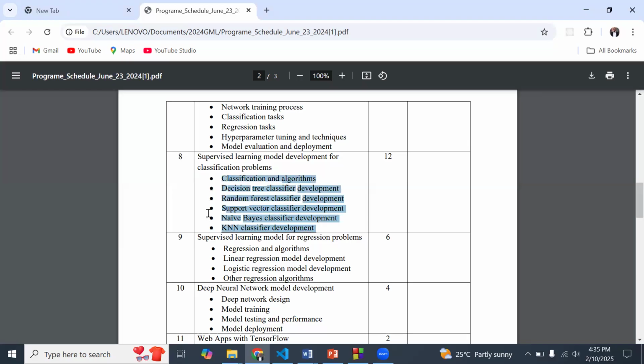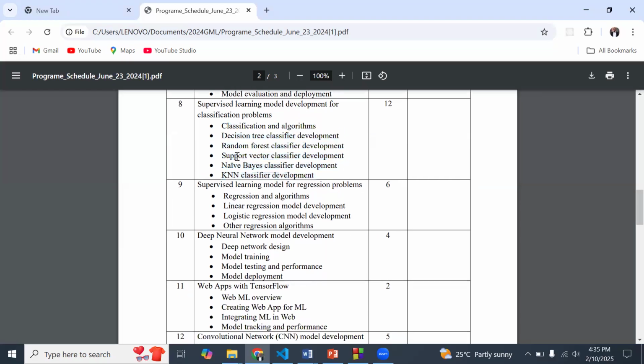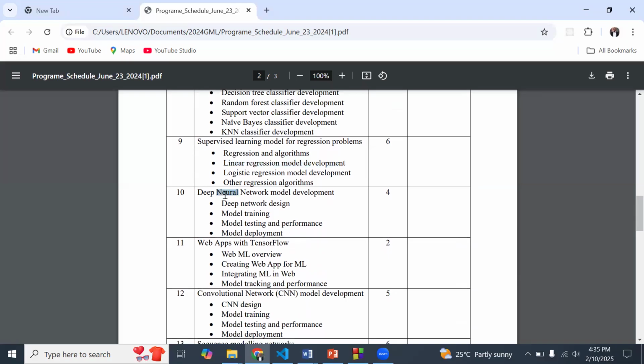This particular year, we decided to review our material and also add this. So we dealt with this, then we came to some regression algorithms, some linear regression models. Then we came to the deep neural networks, where we were building on the foundation we had on the shallow neural network and also on the perceptron. So we saw how deep neural networks work.